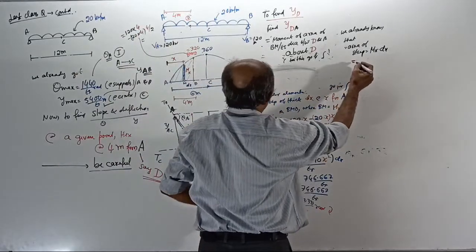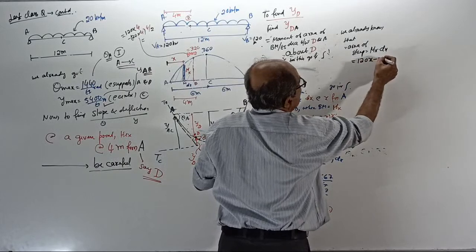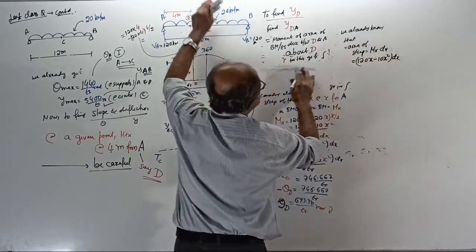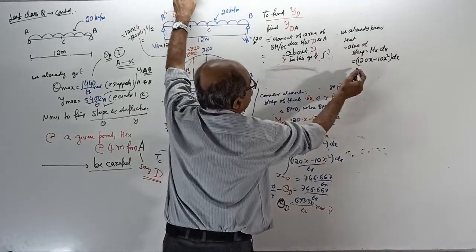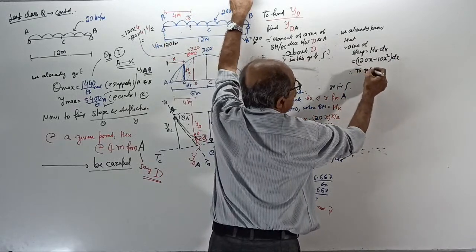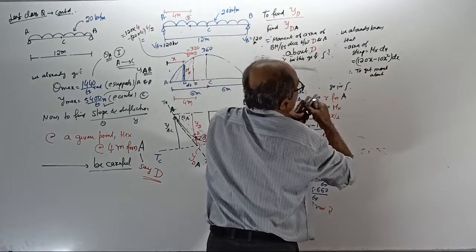Somewhere here I wrote it: the area of the strip is mx into dx, which equals 120x minus 10x squared into dx. Now, therefore, to get the moment about D,